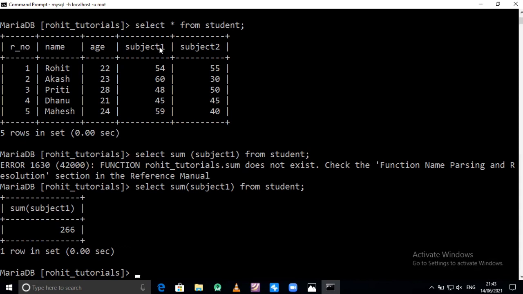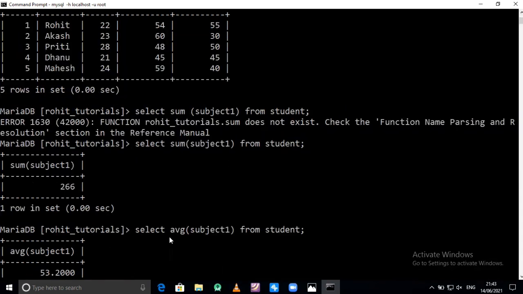For that, I use the command select avg, in brackets the attribute name subject1, bracket complete, from our table student; give enter. Here we are getting the value 53.20. The addition of 54, 60, 48, 45, 59 is 266, divided by the total number of values, which is 5. This is nothing but the average function.